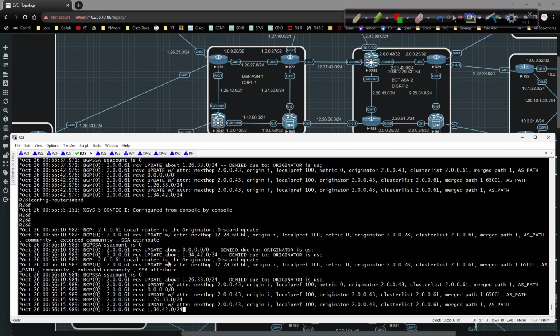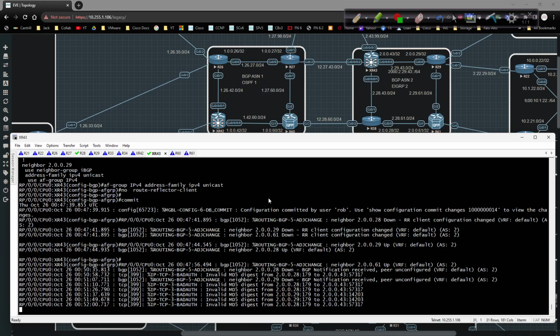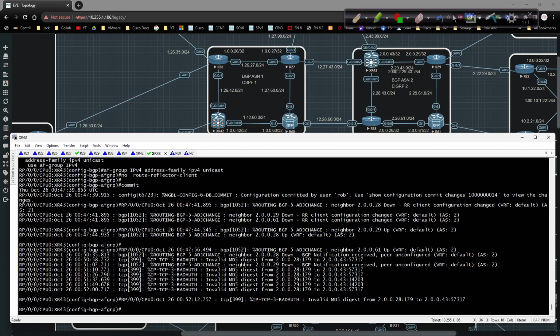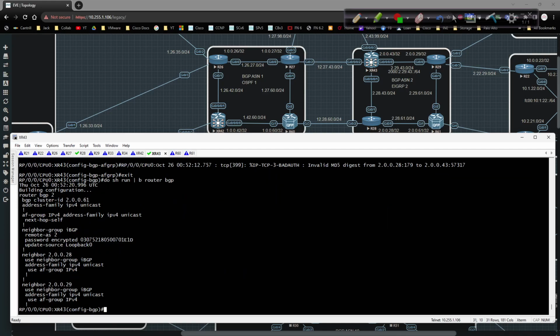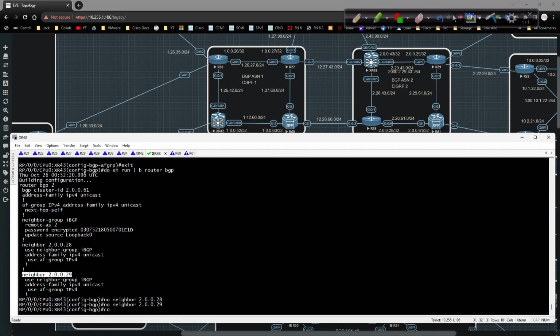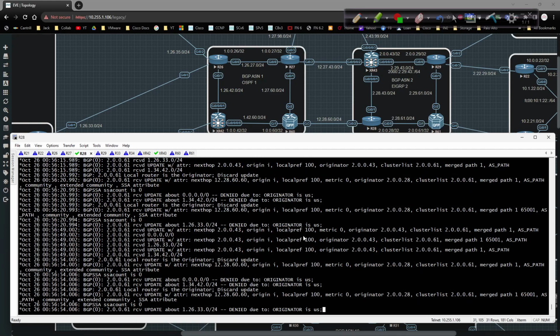Local router is the originator. The local router is not the originator. 43. Do show run pipe begin router BGP. I'm going to take these two peerings out, 28 and 29. They don't need to be there. But it still doesn't explain why I'm still getting these